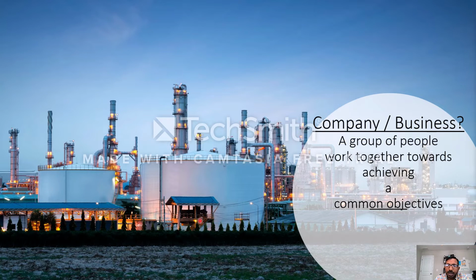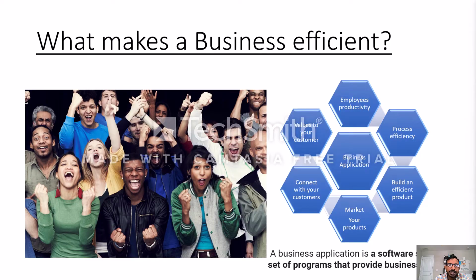With this definition, let's quickly talk about how a business is made efficient. Business is completely dependent upon the process and the people. How are the process and the people made efficient? Business applications are the key factor for making the process and the people efficient. What is a business application? A business application is nothing but a piece of software which automates